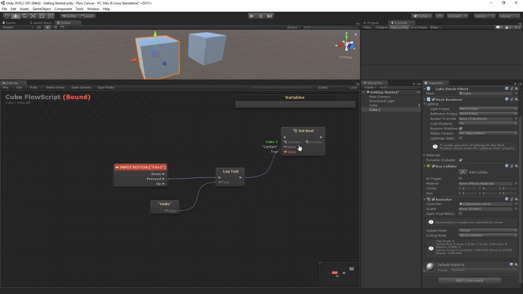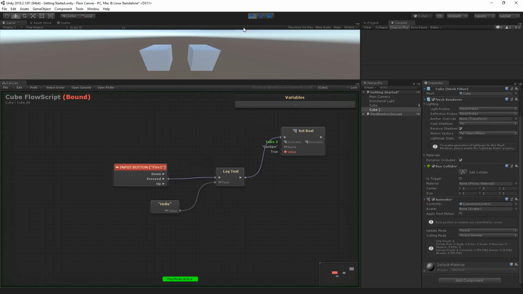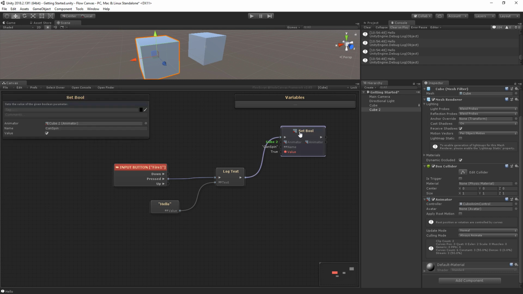I'm going to drag up the flow control and drop it and it goes to the only place it can go. So now if I press play and hold down Control, it spins, but it doesn't stop. So let's just quickly fix that. So I'm going to click on the set bool, Control D to duplicate, and I want the up flow,